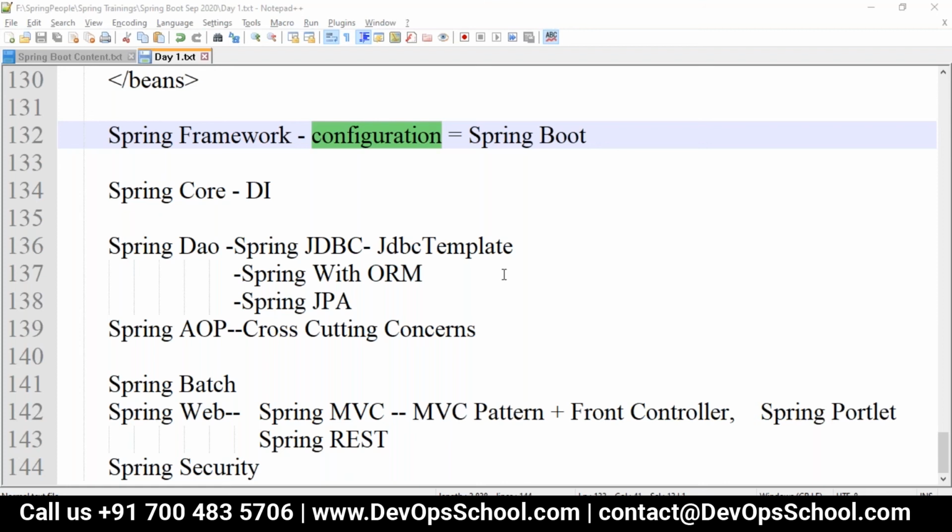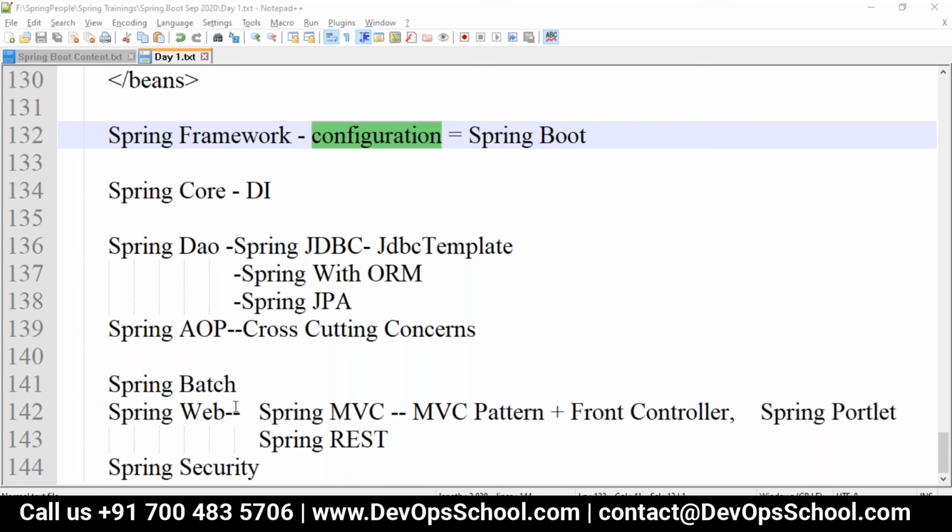Okay. Then tomorrow, I guess we discuss Spring DAO and Spring Web, so that we finish Spring DAO and Spring Web, and at a later stage I'll take Spring AOP, with all those approaches using Spring Boot.